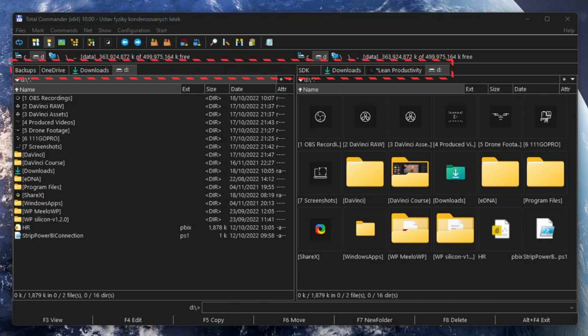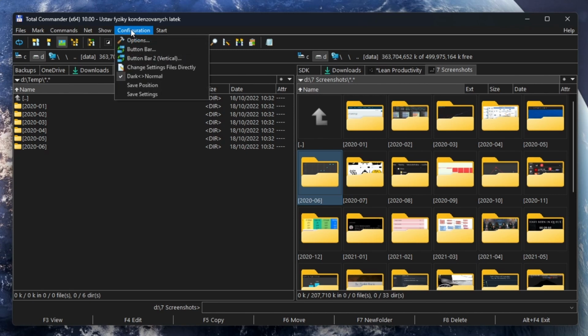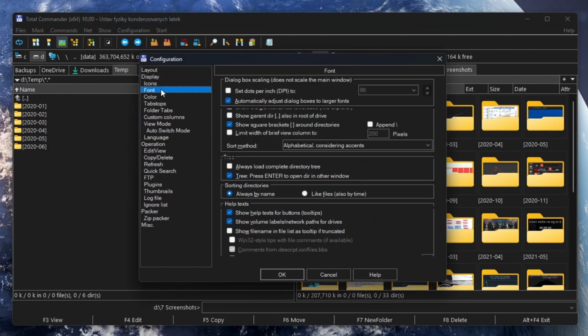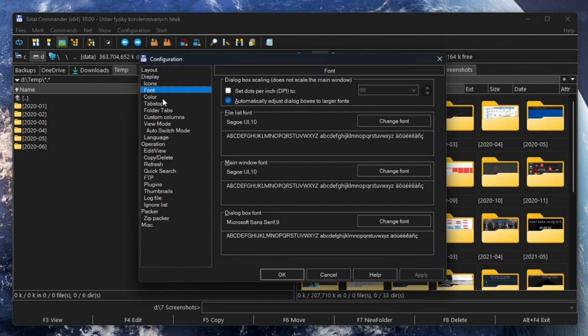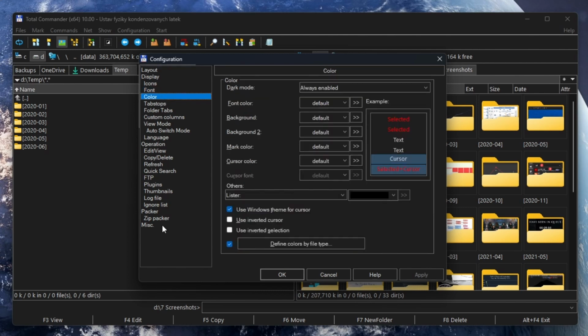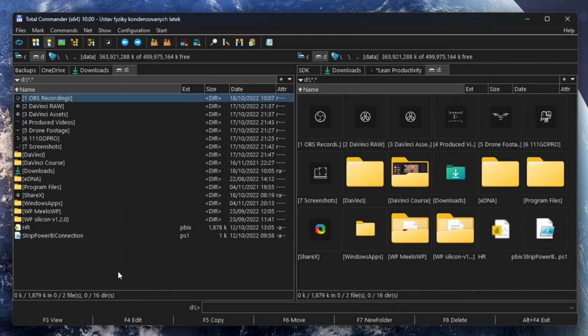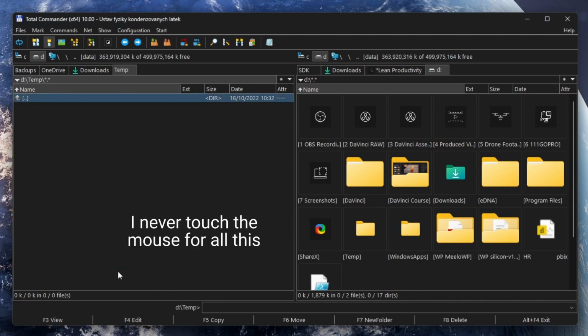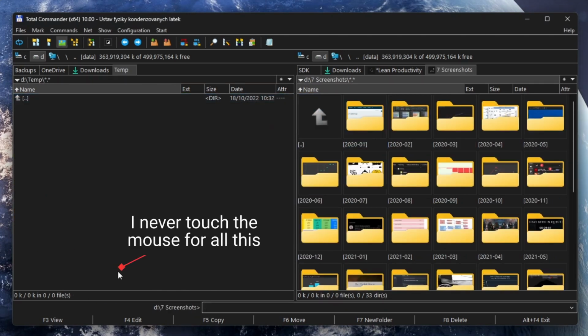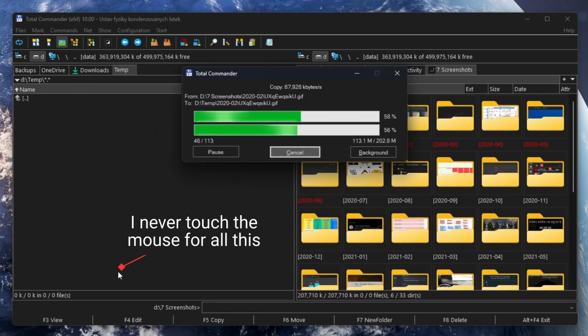Each window can have multiple tabs showing the contents of your folders. Navigation is fast, folders can be locked to prevent accidentally navigating away, and all the fonts, colors and displayed columns are configurable. You can also adapt the settings to your personal preferences and needs. This includes keyboard shortcuts as well as the integration of third-party applications like Quick Look or Notepad++. All common file operations are done with a single keystroke or shortcut. You don't even have to take your hands off the keyboard, which really helps with productivity and efficiency.